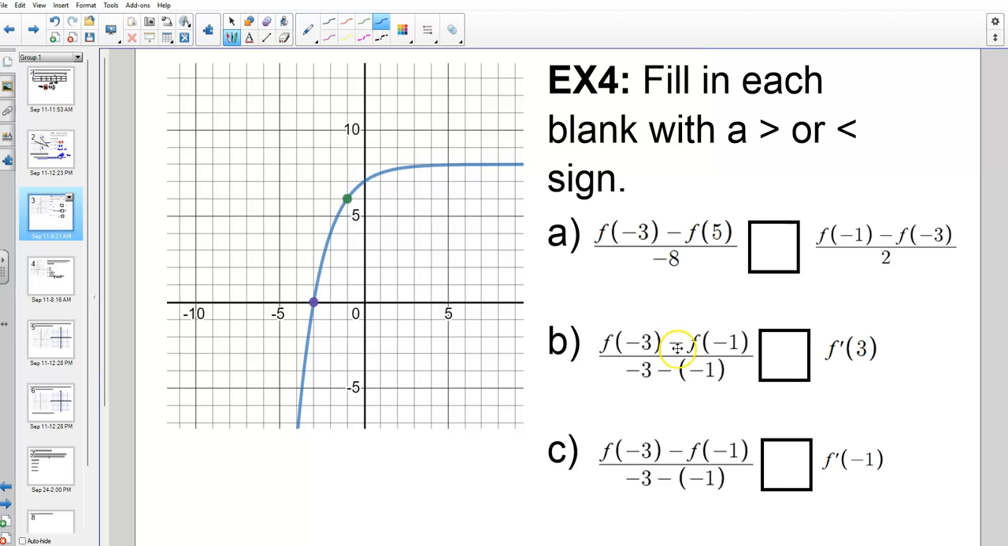f of negative 3 minus f of negative 1 over negative 3 minus negative 1. What is that? What are they finding by doing that? Not a derivative. More simple than that. Something you could have found even in like Math 1. This right here is just the slope of the line